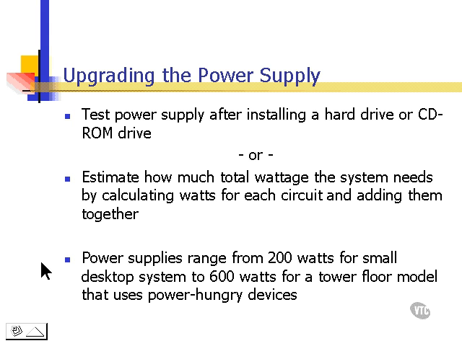Power supplies range from 200 watts for a small desktop system to 600 watts for a tower floor model, for example, for a high-performance server. So we need to make sure that we get a power supply that meets and exceeds all of the needs for all of the devices in the computer, even if all of the devices were used simultaneously. That way, we'll make sure that we have enough of a power supply so that we would never have a